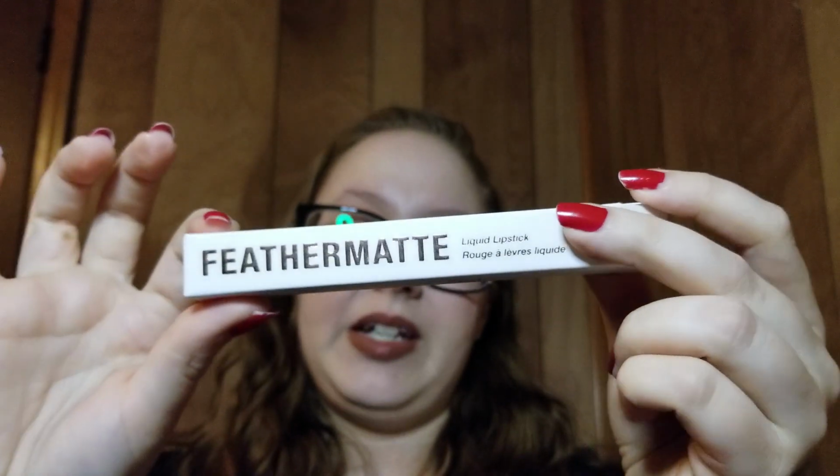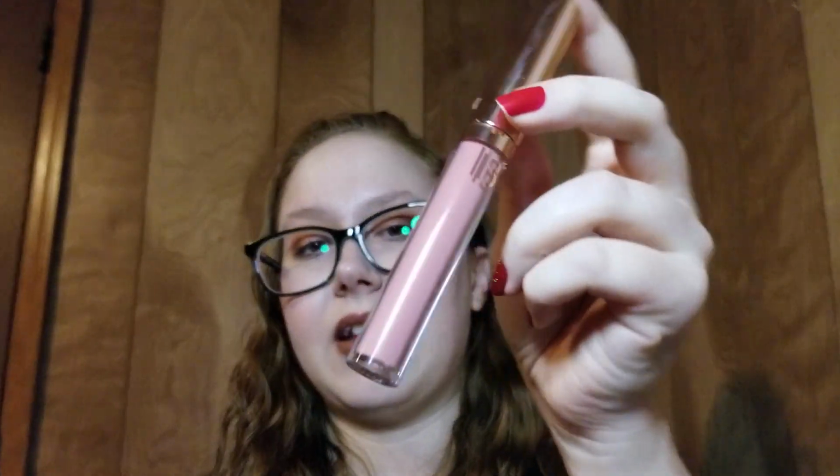Then last but not least, I will put my glasses back on for a product from IBY Beauty, and I really, really enjoy their products. So this is a Feather Matte Liquid Lipstick, and I received mine in the shade Flirt, which is kind of a pale pink, like a nudie pink. Now, when I swatched this before, which is why I left this lipstick on, it's a little pinky nudier than I normally would go for. So I figured if I put it over a darker shade, it might look a little better. I was just smelling it. It's got kind of a chemical smell, like a chemical cake or something. I don't know. All right,